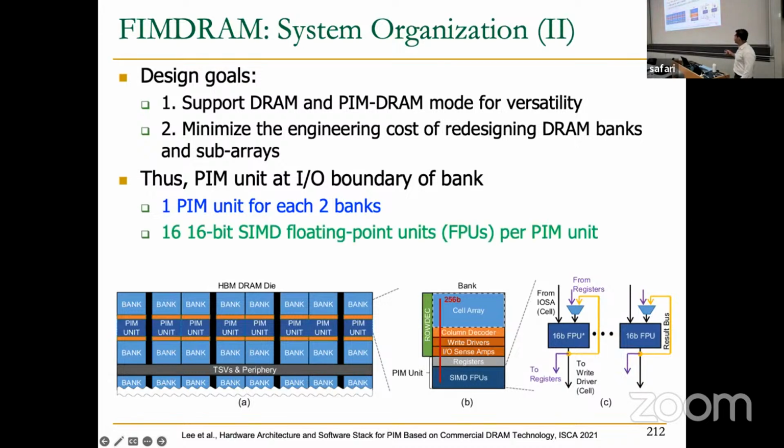They are going to have one PCU for each 2 DRAM banks, and those PCUs are going to be fixed functional units. These are not general purpose cores. The application they target to accelerate in these chips is neural network inference. So basically what they are going to design is some MAC units so that they can do MAC operations inside the DRAM chip. This fixed functional unit is going to be a SIMD FPU, a floating point engine, to do 64-bit floating point operations.